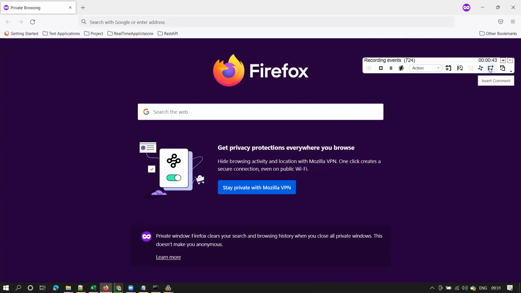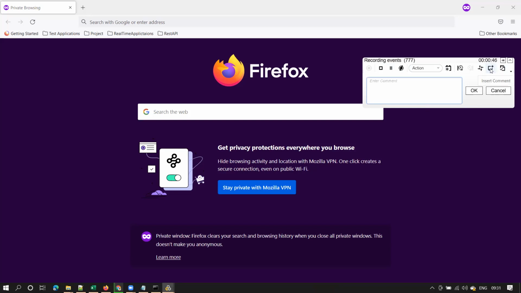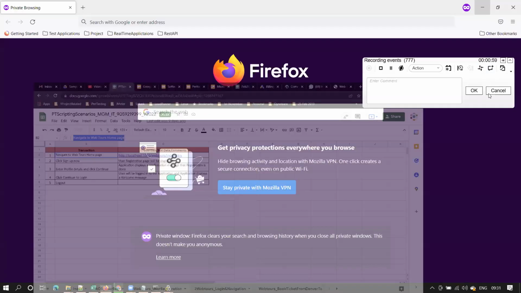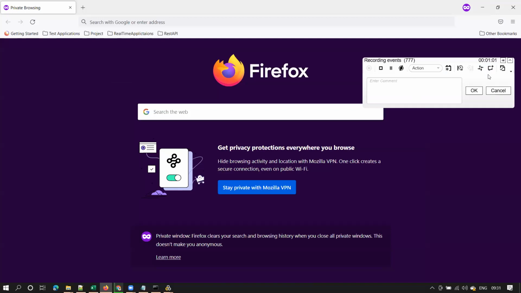And first, let me insert a comment by clicking on this. Once you click on this, you should get a window like this, right? And now I shared the sheet to you, everyone. So just copy the comments from here. Copy this transaction name from here and go to comments, click on the comments and enter the comments.